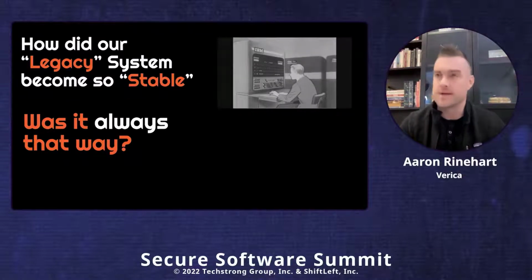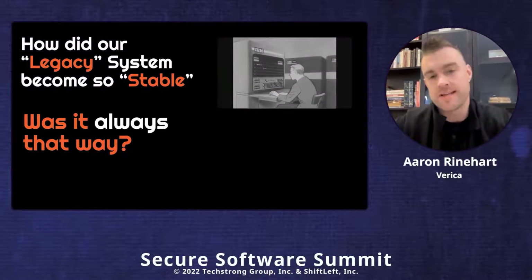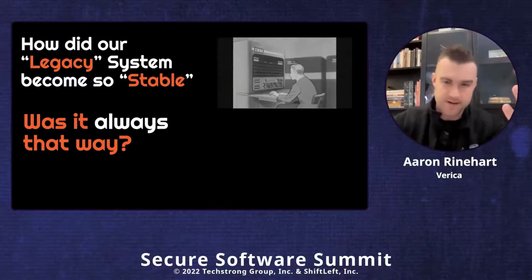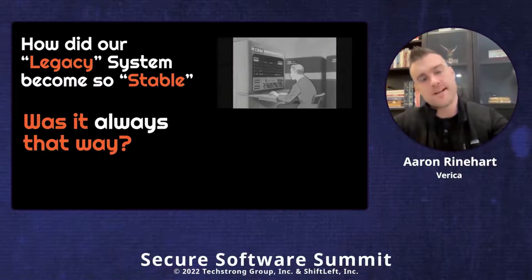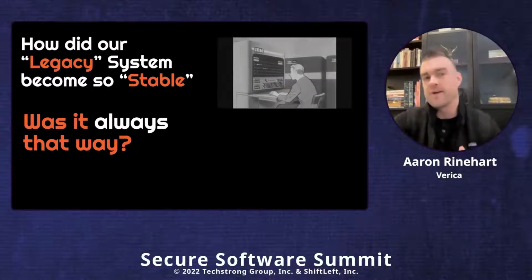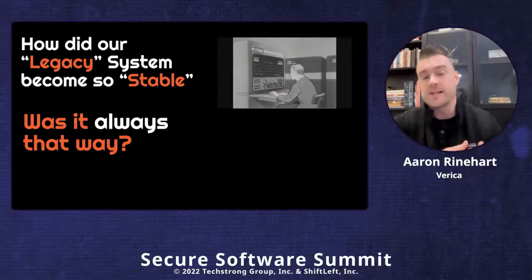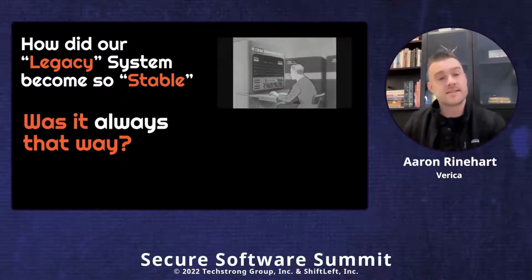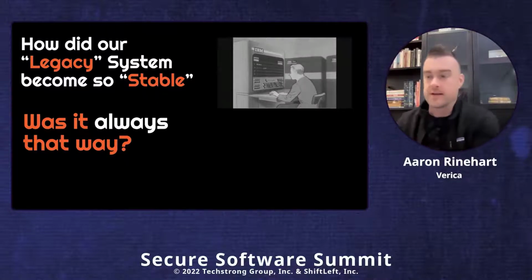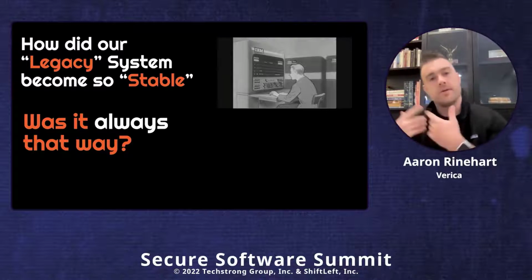And the answer is no, it wasn't. When we originally designed the system, we learned the difference between how it actually operated versus how we thought it operated through a series of unforeseen surprises. If it wasn't a surprise, we would have fixed it. So we learned that the system worked differently than we thought through a series of outages and incidents. That's how we learned what we didn't know, and then we went back, recalibrated, and remediated the system, and then we continued that process.